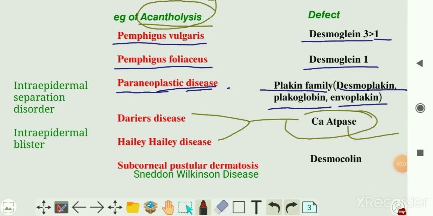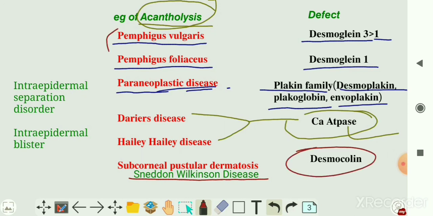Subcorneal pustular dermatosis is also known as Sneddon-Wilkinson disease. It is due to defect in desmocollin. In all these conditions,